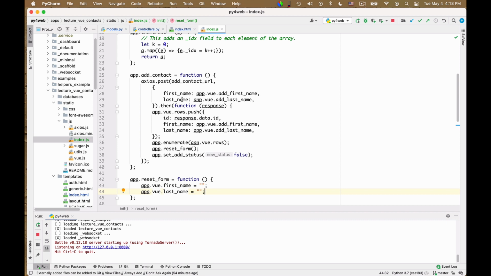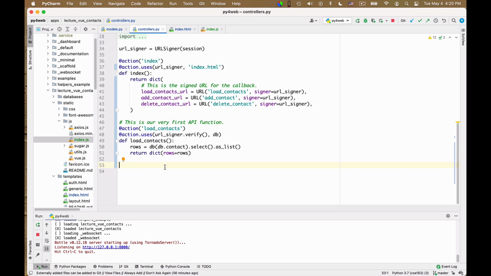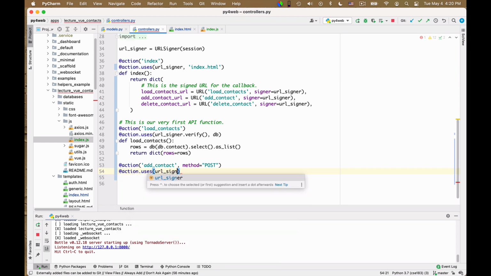So the database function will receive a first name and a last name, and is expected to give me back in the response the ID. So let us add together this function to add the contact, to insert a contact in the database. And so I say action add contact. Then I say method is equal to post. Okay, because I want this to be called via post. Action.uses URL signer.verify,